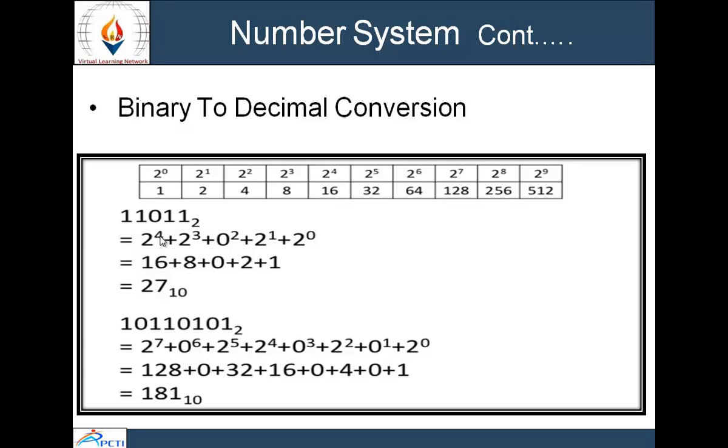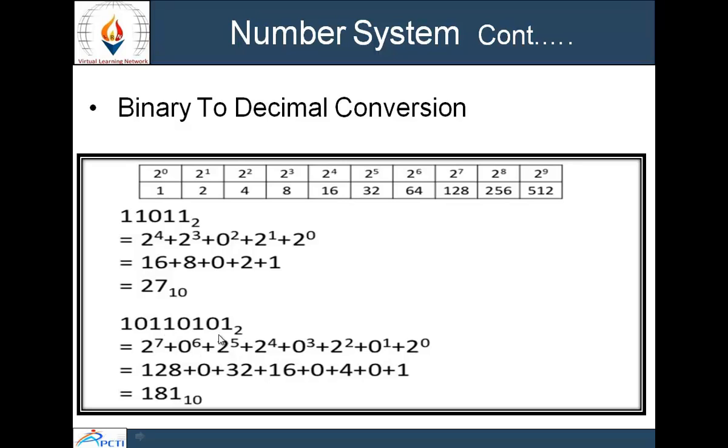Then write down the final value of each power of 2, that is 16, 8, 0, 2 and 1. Now connect the digits in the binary number with their corresponding powers and add the final values. By this process, you will get the final result, that is the decimal number equivalent to the binary number. You can see another example,